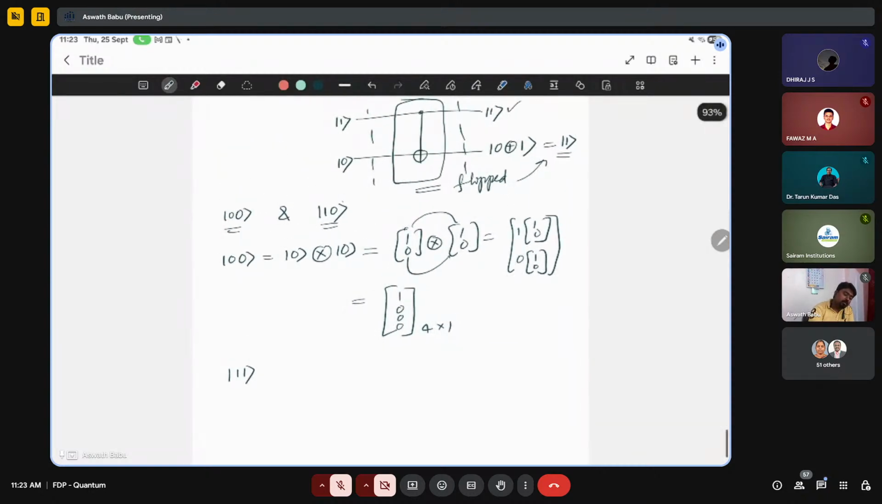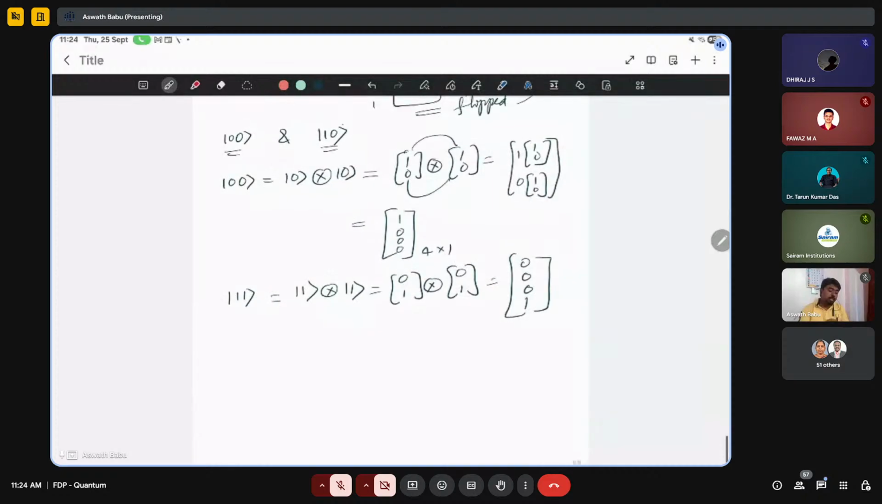Okay, see, control is 1, target is 1. So what is the tensor product? 1 tensor 1, which is 0, 1 tensor 0, 1. If you carefully find out what it is, 3 zeros followed by 1. Okay. Now the question is,